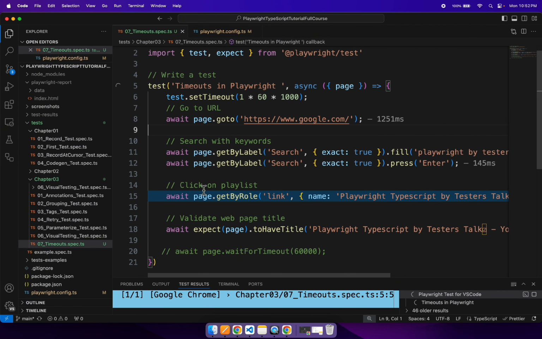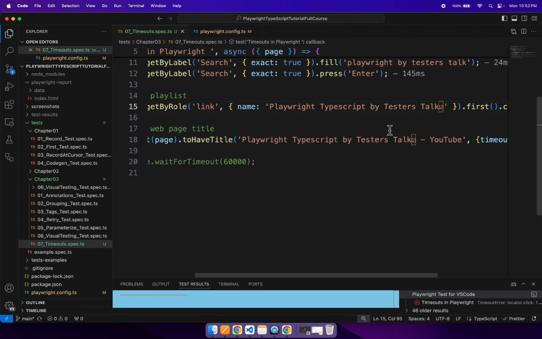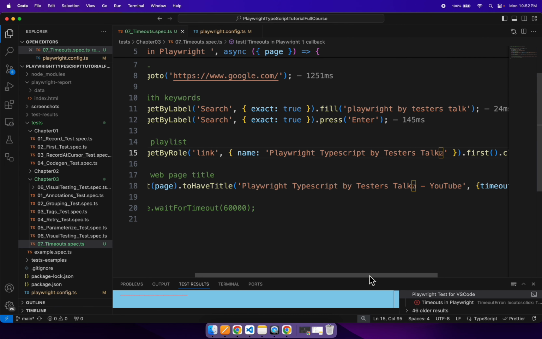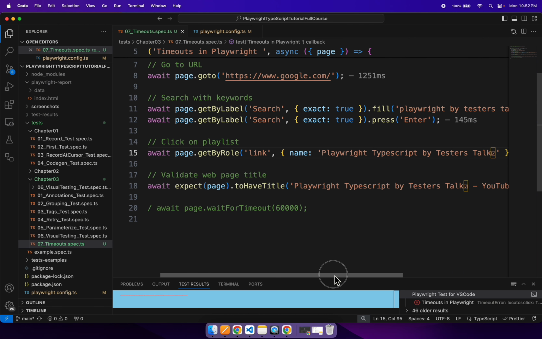And if you see here, our test is failing at line number 15. That means it is trying to identify the link called Playwright TypeScript by tester stock. And if you see here, we got the timeout error, right, with the 10,000 milliseconds. So this is how you can set the global action timeout. So similarly, if you do not want to use the global action timeout, you can set the